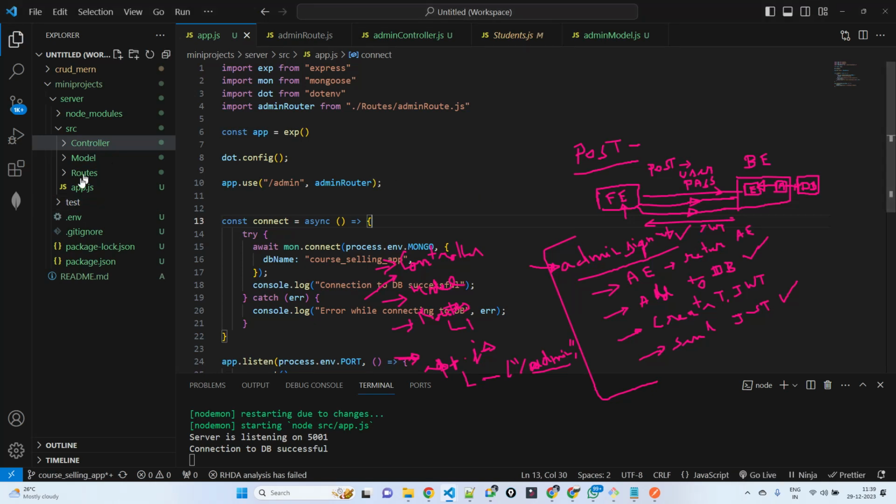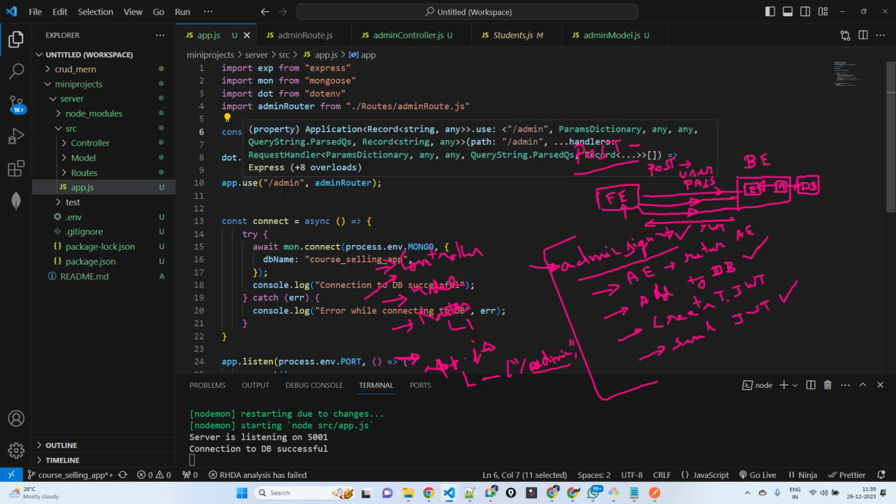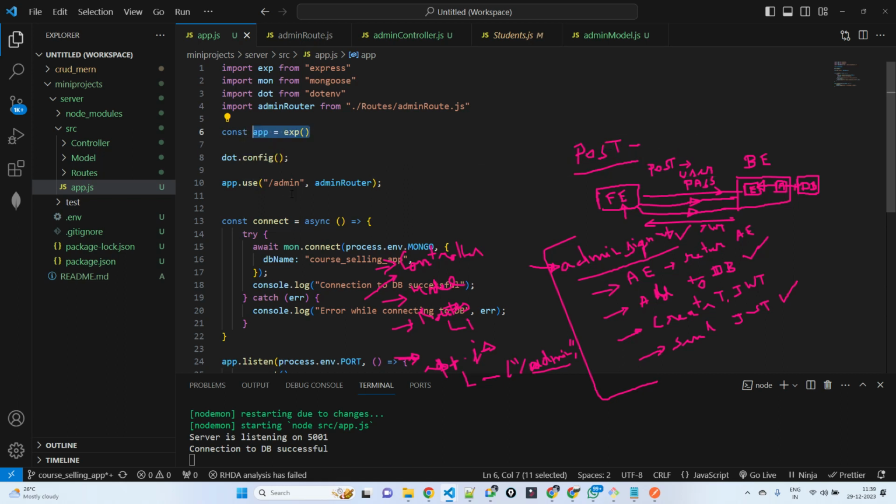As I told you, this is the main file, app.js. In the app.js, app is nothing but your express. App.use is used to specify a middleware. Basically, app is the express, and here you are telling the express, you are informing express for this route, right? In the